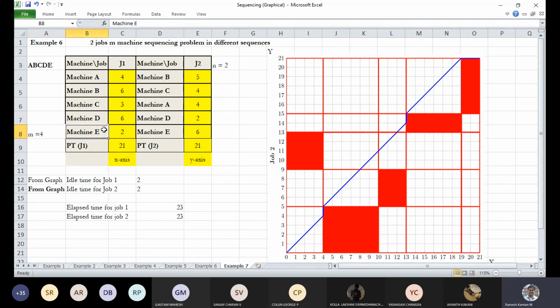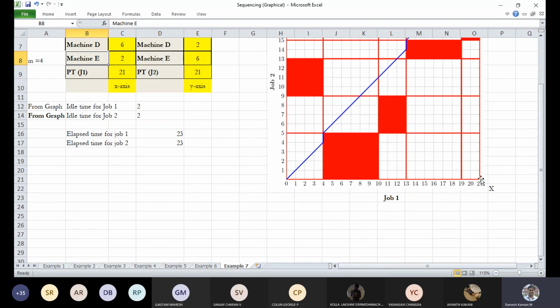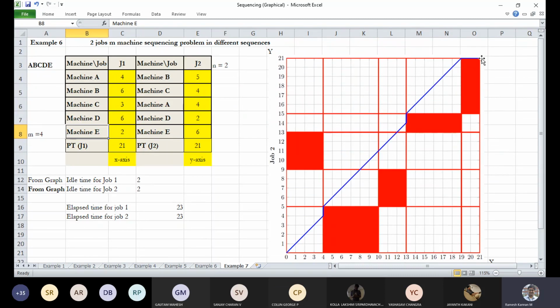And similarly, we know E, that is V2, and the extra boundary line need not be provided because it's already the boundary. Or if you don't have a boundary, you just run through from 19 to 20 is 1, 20 to 21 is 2, and then onwards till the top, right? So this is how it is. And then similarly, we repeat the pattern for mission B for job 2.